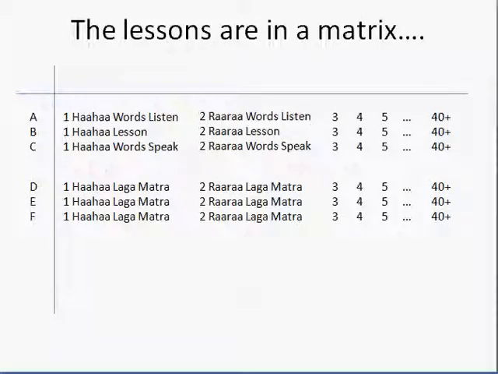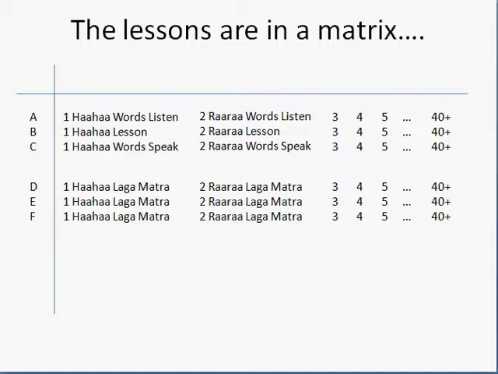Earlier I talked about the matrix. And just briefly I had said that the easy stuff, the ABCs, are all up here. And all the D, E, and F is the more complicated stuff. So if you want to know your lagamatras, go down, and the words are further down. And then, of course, the lessons are organized so that they go across 1, 2, 3, 4, 5.